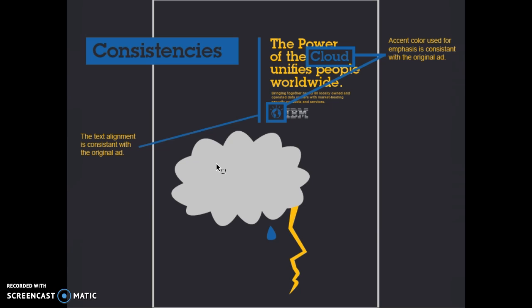This next slide of consistencies continues with consistency number 3, the accent color. As I mentioned in the original slide, they had a crimson accent color pulling out the world image and the main word on the ad, which is, in my case, cloud. When I first started my draft on this new ad, I was using the same crimson color for these two elements,